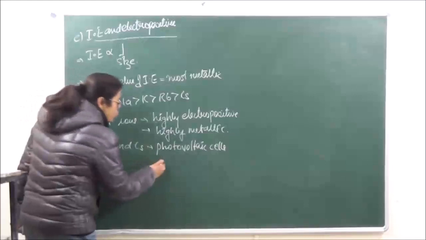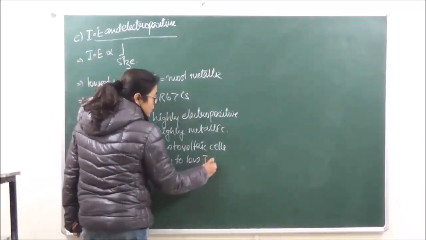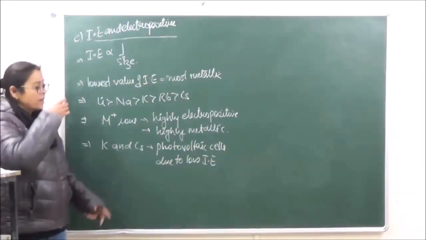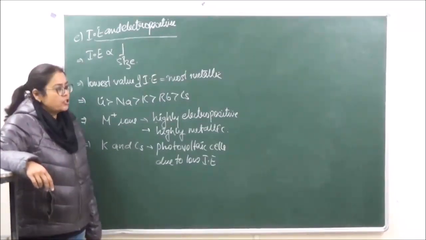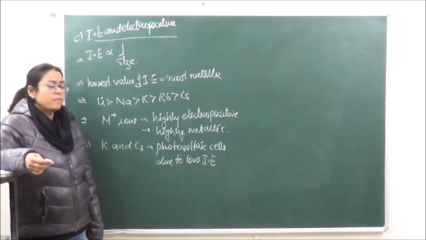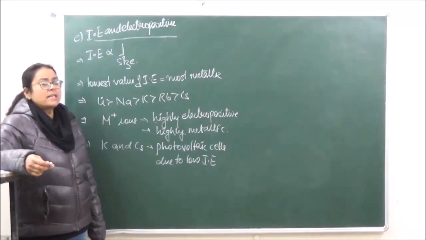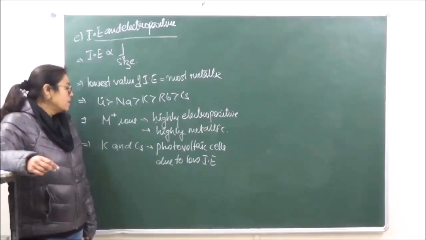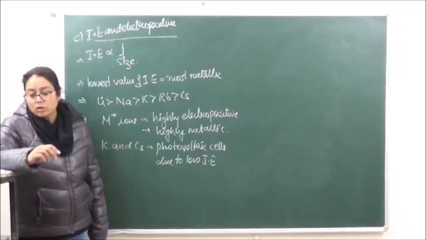Photovoltaic cells are used due to low ionization energy. The principle of the photoelectric effect that is going to be used is that whenever suitable radiation, of suitable wavelength or frequency known as the threshold frequency, falls on the surface of a metal, an electron is going to be ejected. When that electron is ejected, that electron is responsible for conduction of electricity. So that is why potassium and cesium are going to be used over there, because of their low values